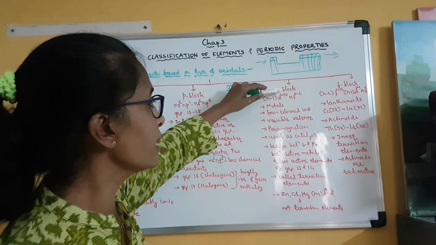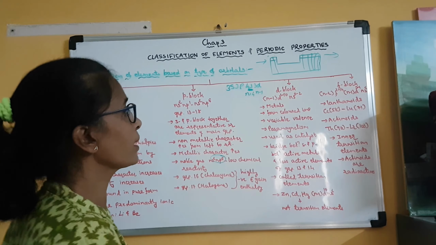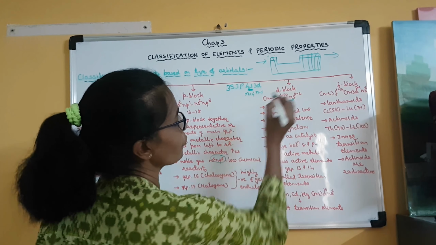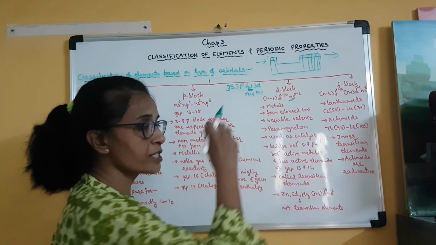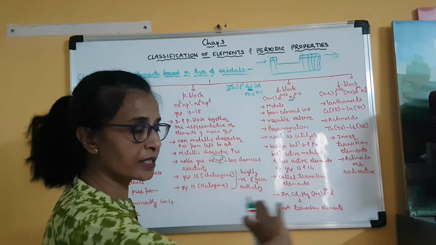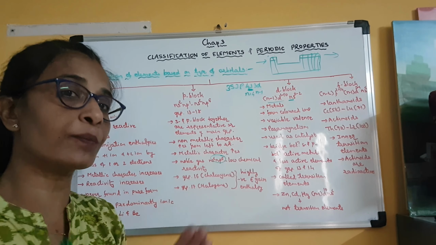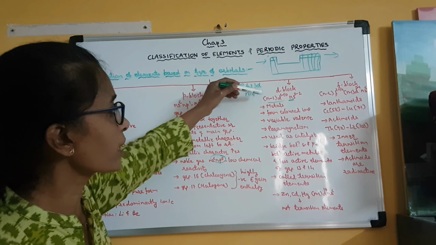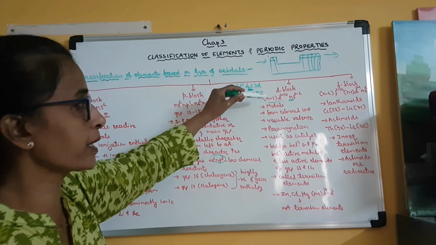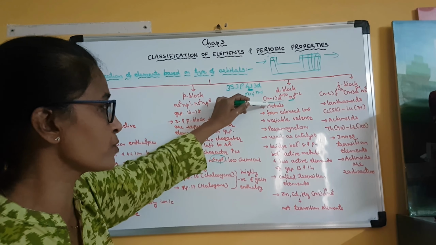Clear? So d block elements start from the fourth period, because fourth period means principal quantum number 4. Clear? So the electron is present in the 4s orbital. After that the electron enters the 3d orbital. Though the 3d orbital belongs to the third orbit, these elements start from the fourth period in the periodic table. Clear? So their general configuration you have to remember. It can be asked in fill in the blanks or in MCQs.